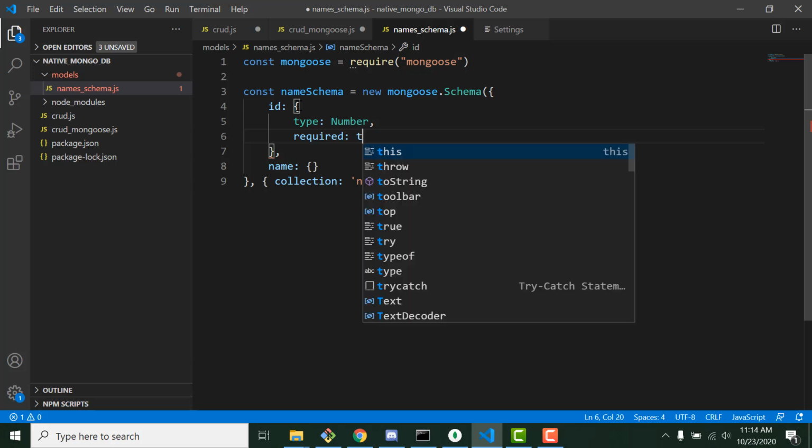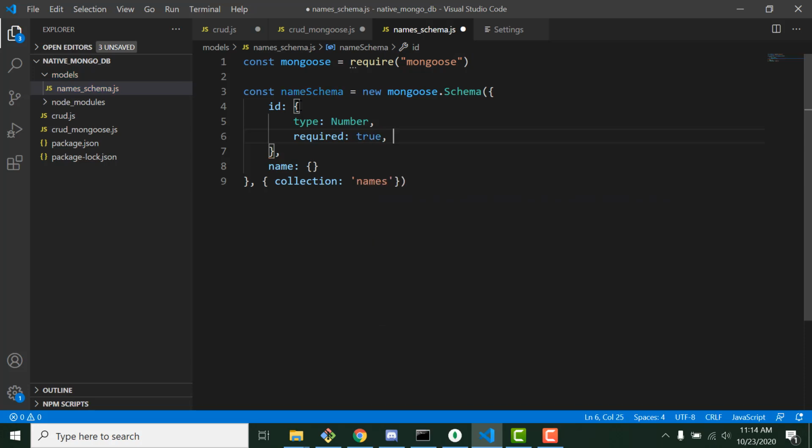Required means I will not accept any insert unless there's an ID. So if you receive an object from the user which doesn't have the ID, then the insert will be refused. Okay? You can even do unique